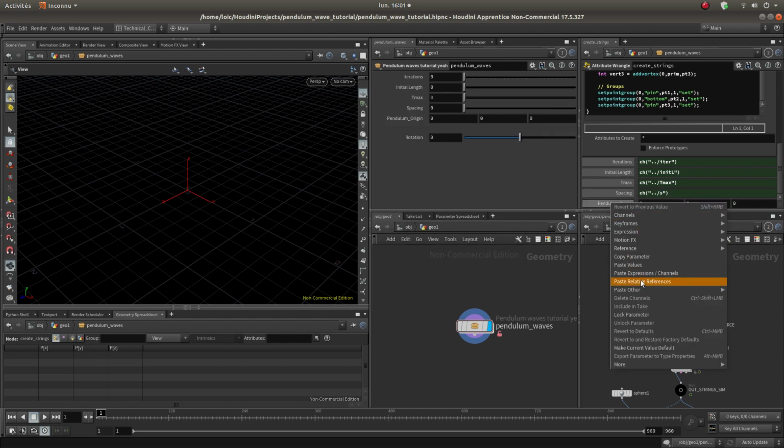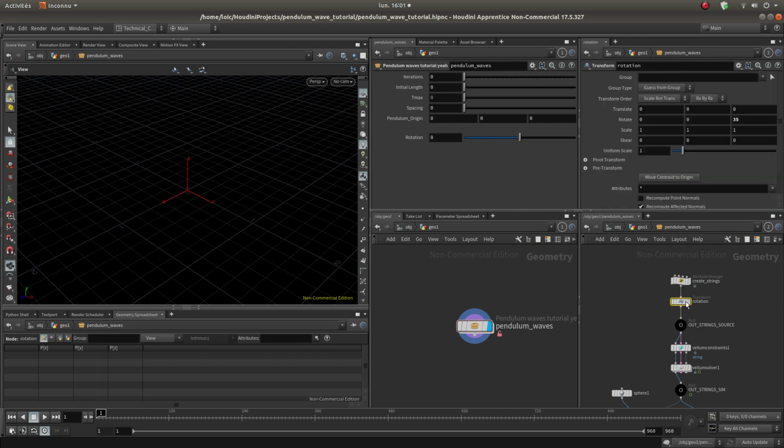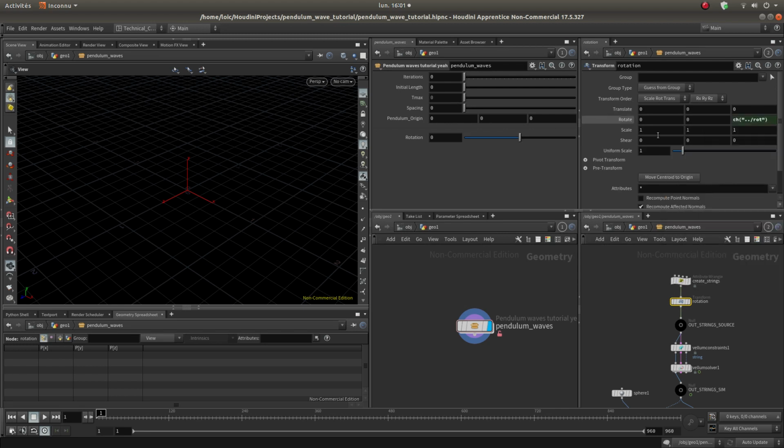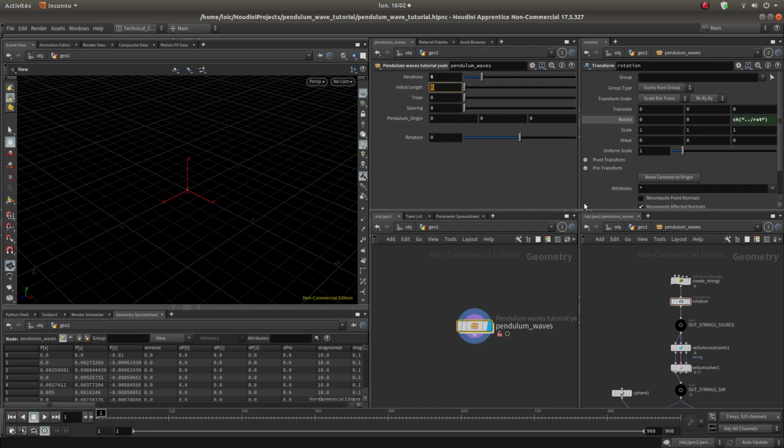Parameter pendulum origin, and here the rotation, copy parameter and paste it here. Yeah, here. Right, that's perfect. So let's now put it to what it was. Initial length 24.0, spacing 0, and 35. And now